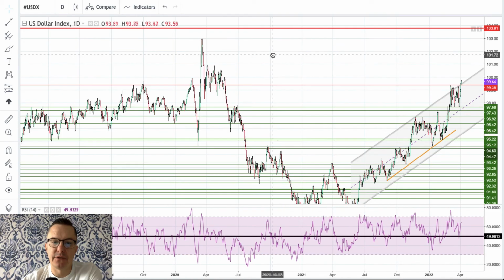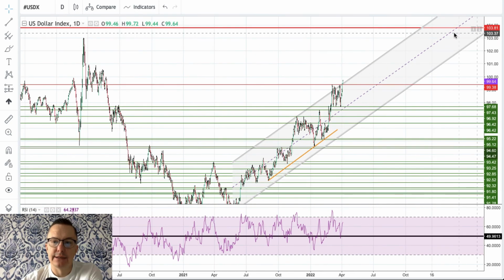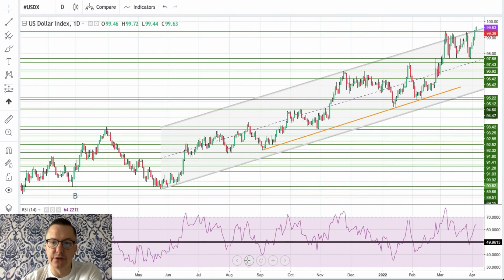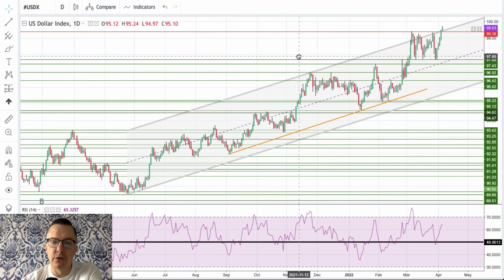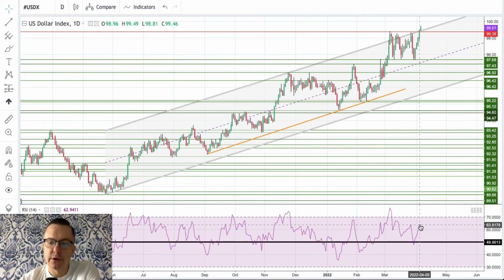There's one more level for the US dollar index, as you can see, marked with the thick red line. This is 103.81. So bullish domination on the US dollar index continues. Apparently there is no evidence of any kind of bearish developments, no patterns, no bearish forces. Momentum is strong and positive, so up we go on the US dollar index.